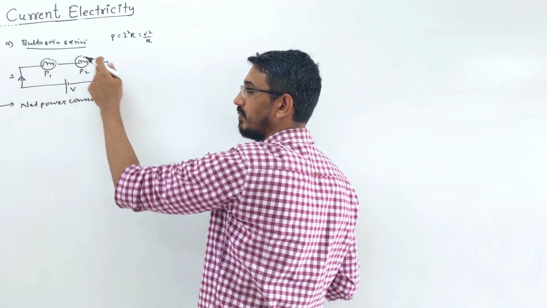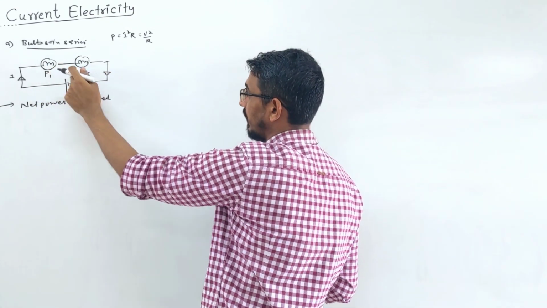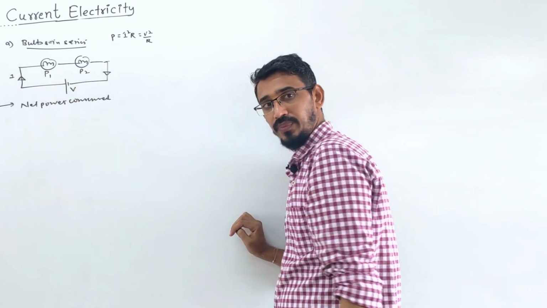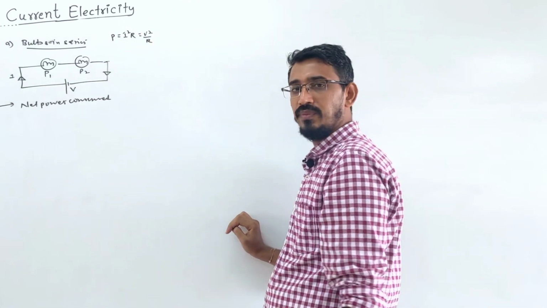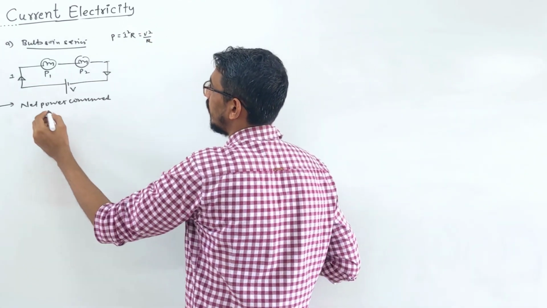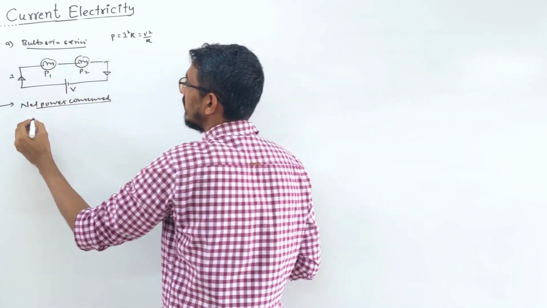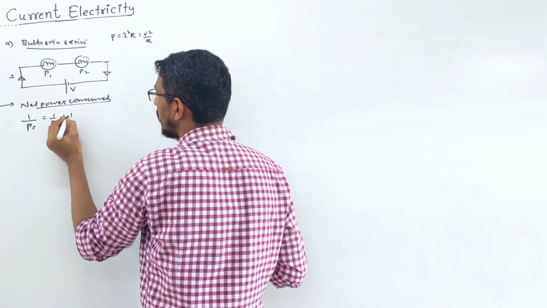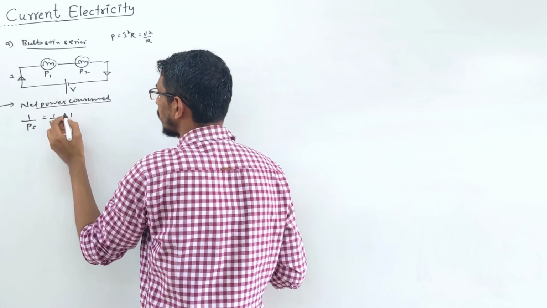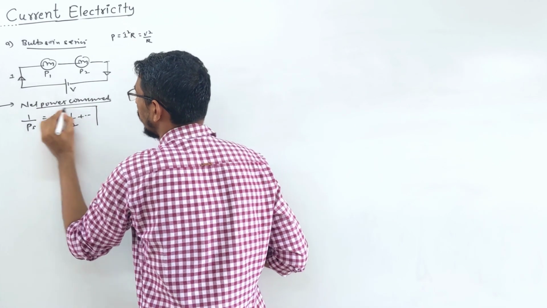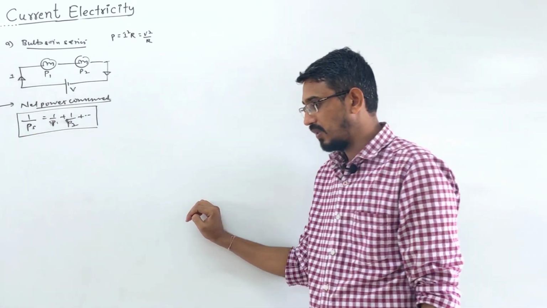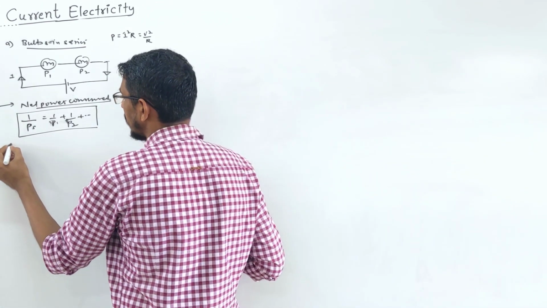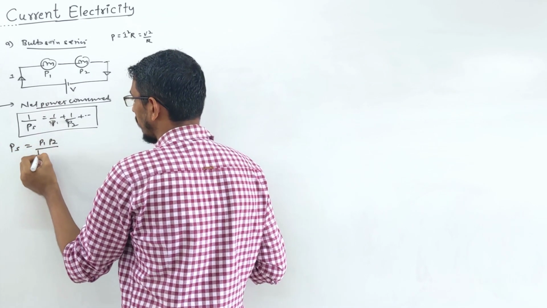You know that the current is the same, and the potential is divided, V1, V2 here. So the total potential V is equal to V1 plus V2. Now V1 you can write in terms of power, because the current flowing is the same. So if you want to add the net power consumed in series, it is simply inverse addition. P series is equal to 1 over P1 plus 1 over P2. If you want to add the total power in case of series, it will look this way. If you have just two bulbs, then P series will be P1 P2 upon P1 plus P2.